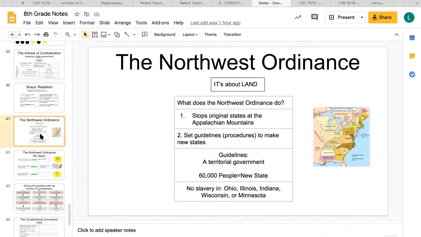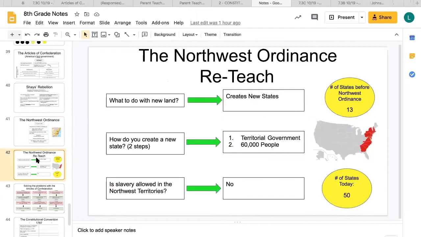And last time we retaught the Northwest Ordinance because I did a really bad job teaching it. And as a result, our exit ticket data was just in the trash. Looking at the new exit ticket data, which is much better, I think 70% of us totally understand the Northwest Ordinance, but